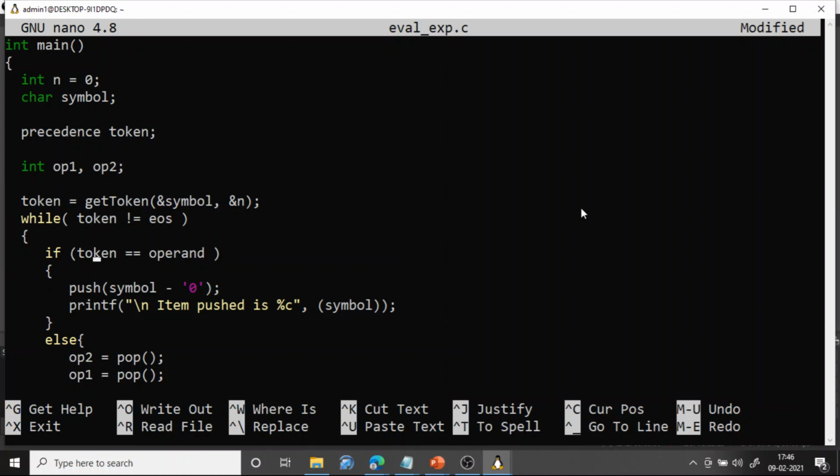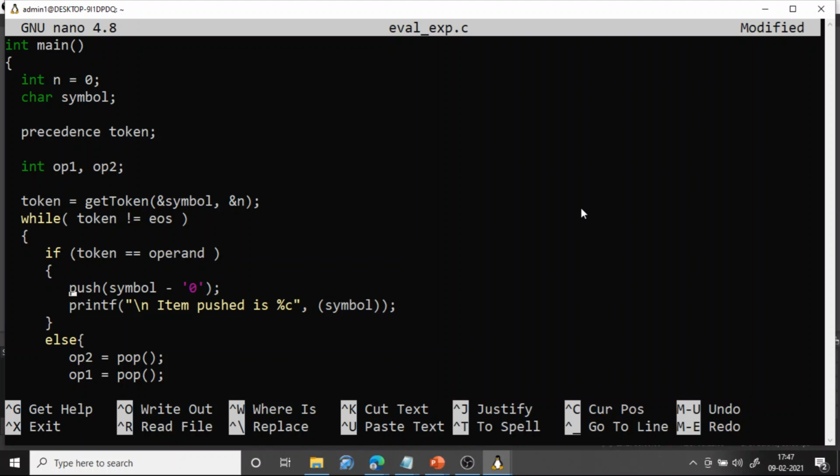If it is equal to operand, then we convert that to integer. For converting integer, we are using this logic. Push of symbol minus '0'. As I already said, if it is 6, it will do 54 minus 48, because ASCII value of 6 is 54, 0 is 48, so 54 minus 48 is what? 6. So it will just push 6 into stack.